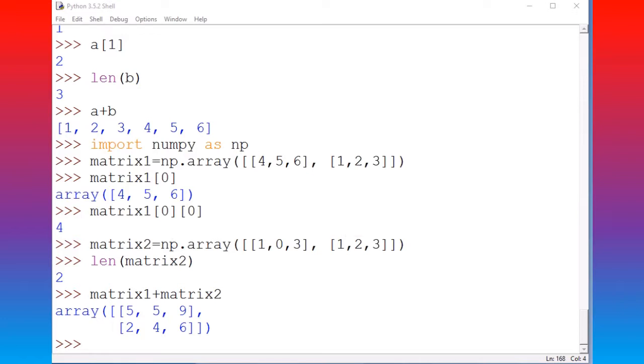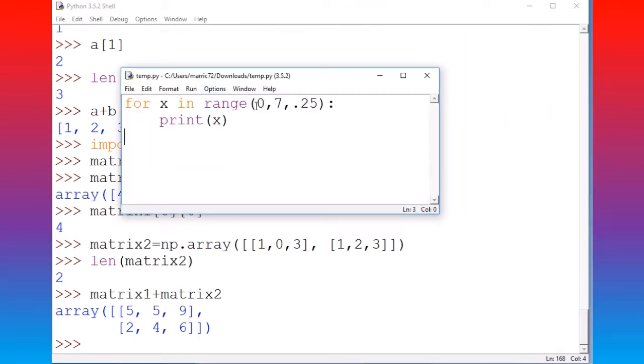And let me show you something else that's not as easy when you don't have the Numpy module for scientific computing. Let's say you want to create a for loop, and you want it to go from 0 to 7 in increments of 0.25. And we know with the range command, we always stop before we hit that last number. That's why I made that 7.25, because we really want to stop at 7. Well, if I try to run